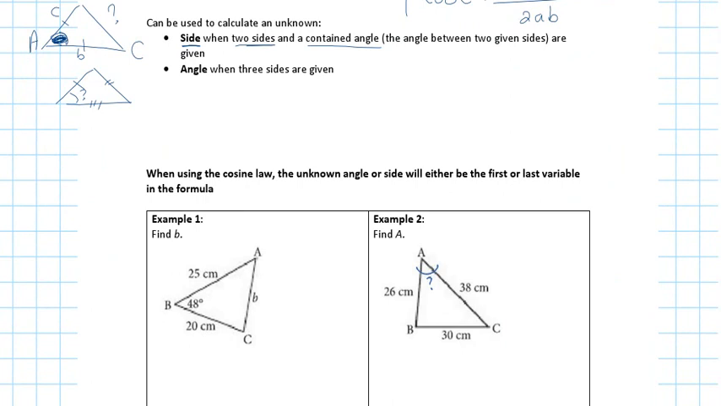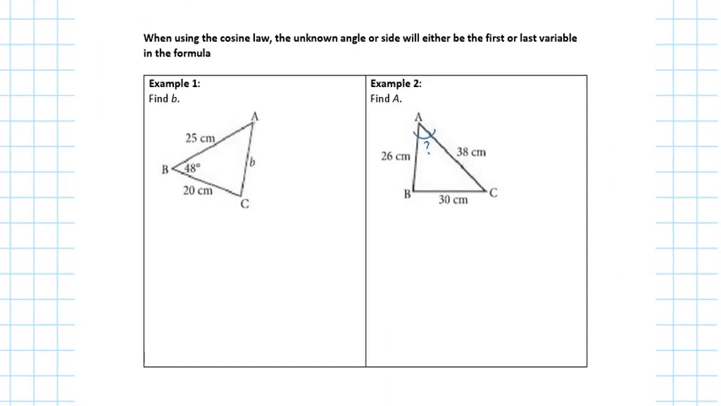See, it's easy to see that, right? I'm looking to find side B. So I'm looking to find this side. What do we call this side? Side A. This is side C. So I'm looking to find side B. What formula do I use? B squared equals,